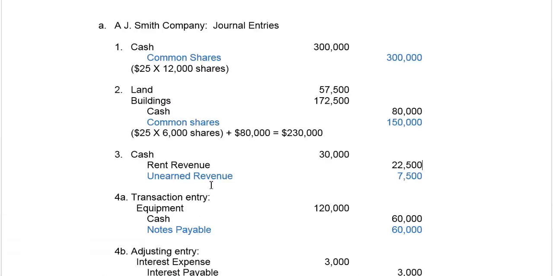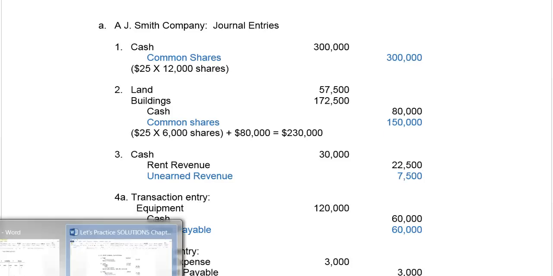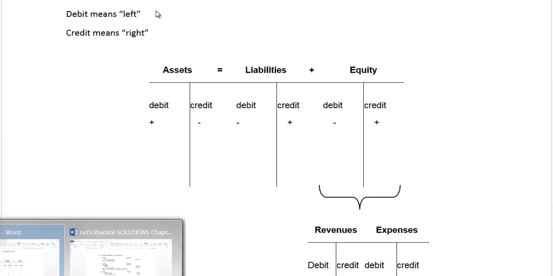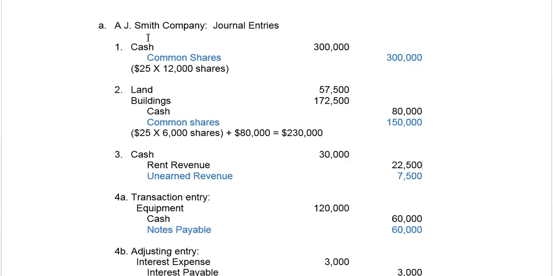So you'll notice here that when A.J. Smith issued shares for cash, they got cash in. So we said in the transaction analysis that when cash goes up, it goes up on the left, and left means debit. Well, we have also just seen here that when assets go up on the left, that means debit, right? So in our case here, we're going to debit cash for $300,000 and credit common shares, which is an equity account